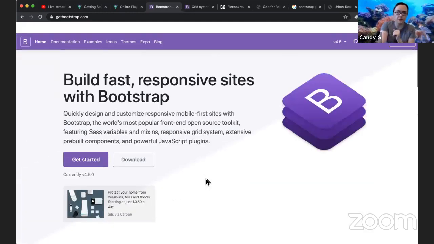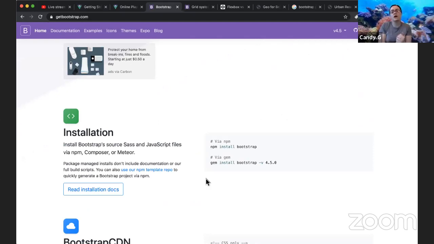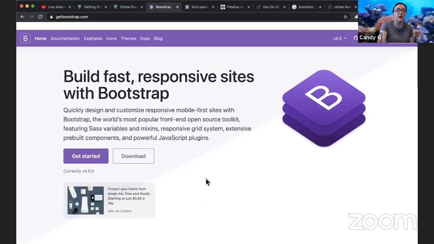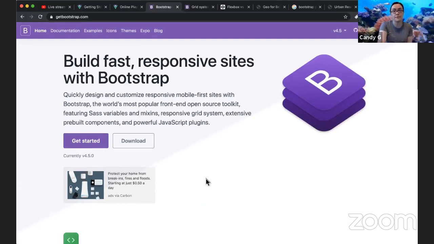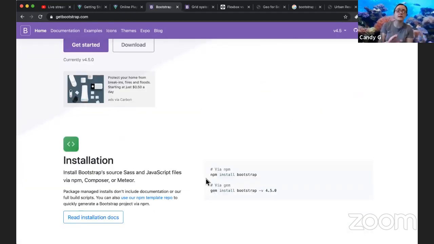Bootstrap, too long didn't read. Bootstrap makes it super easy to build clean layouts and clean interfaces. You don't need to know a lot about programming. You might not even need to know anything about programming to start using Bootstrap. And that's so exciting